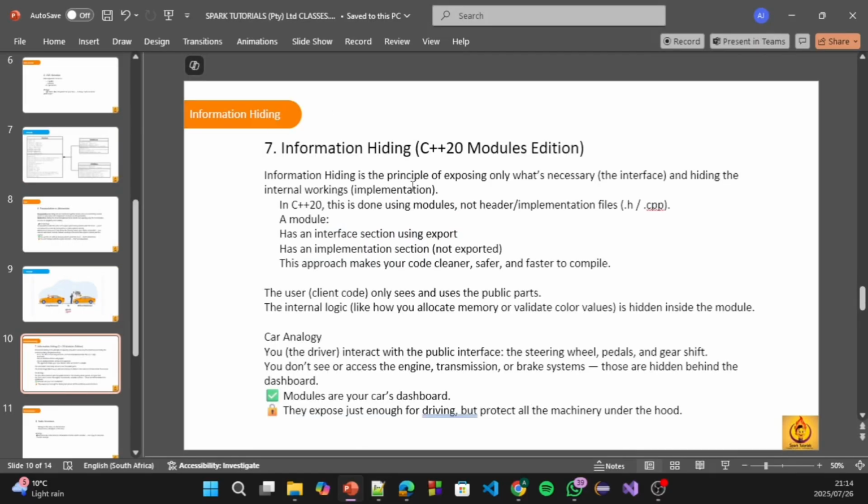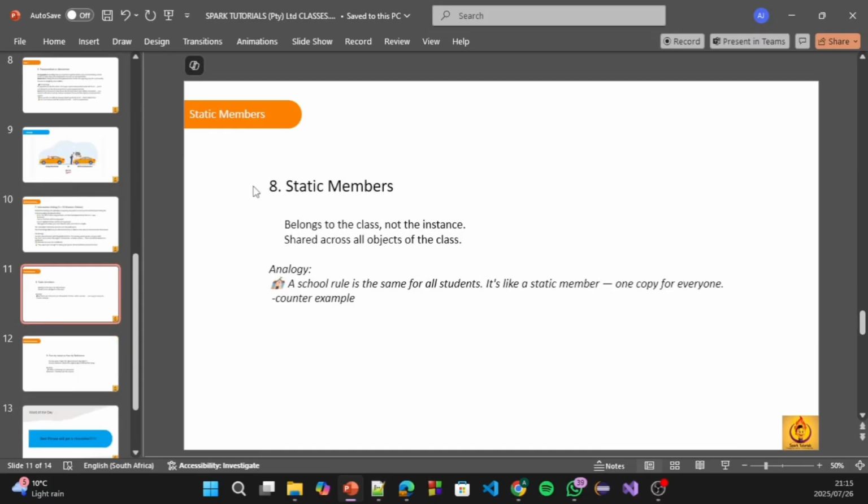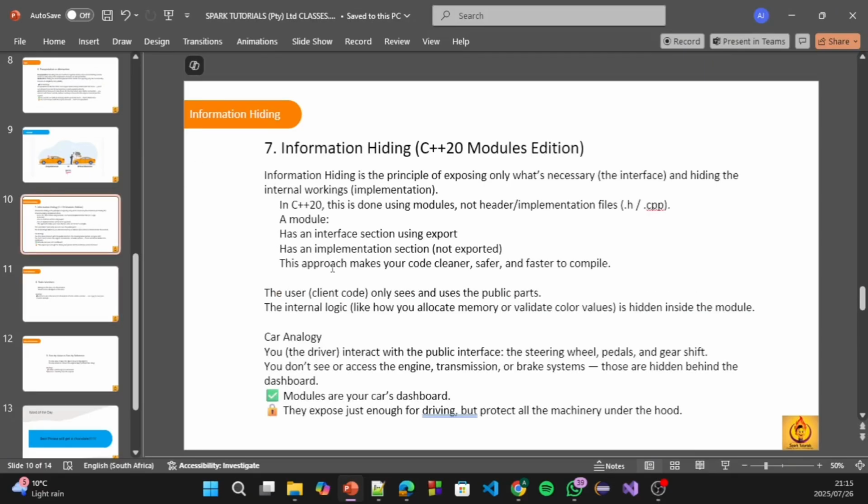Now we want to move to using the modules, right? Because this was going to be done using the .h and the .cpp, the header file and the implementation file. But now since we are using the module, it's going to be a bit different, but it won't change a lot, just that everything is going to be in one file, right? So information hiding is the principle of only